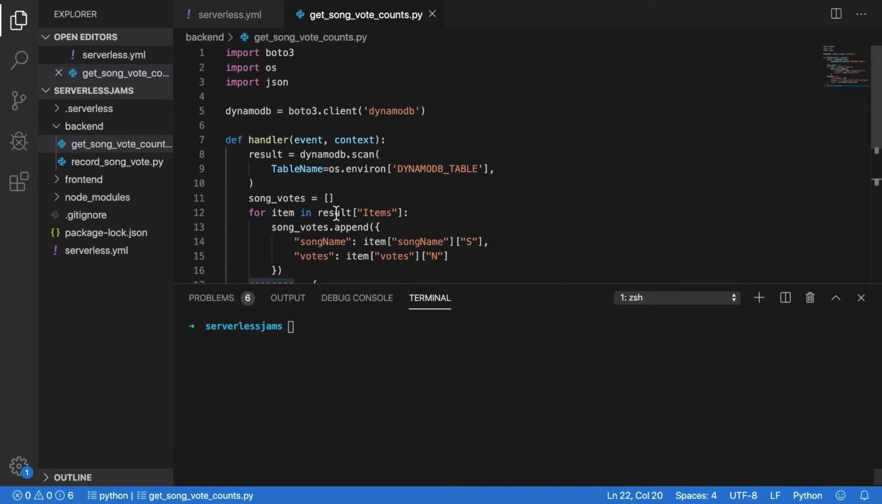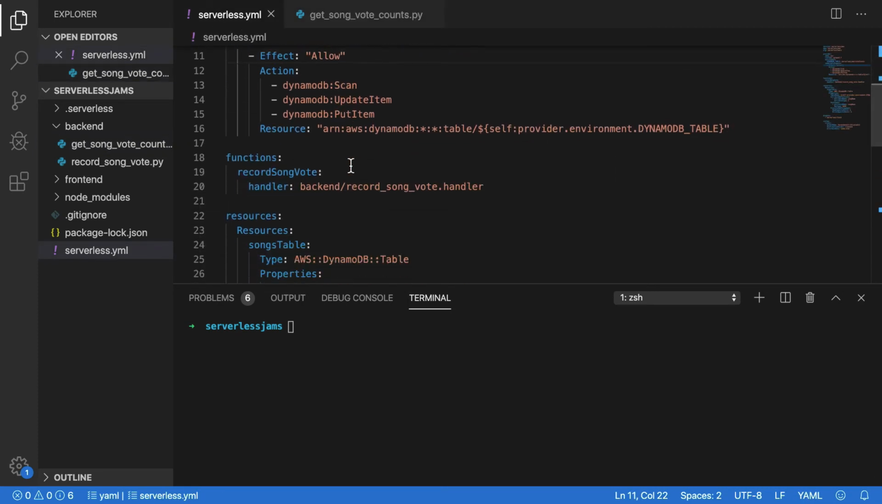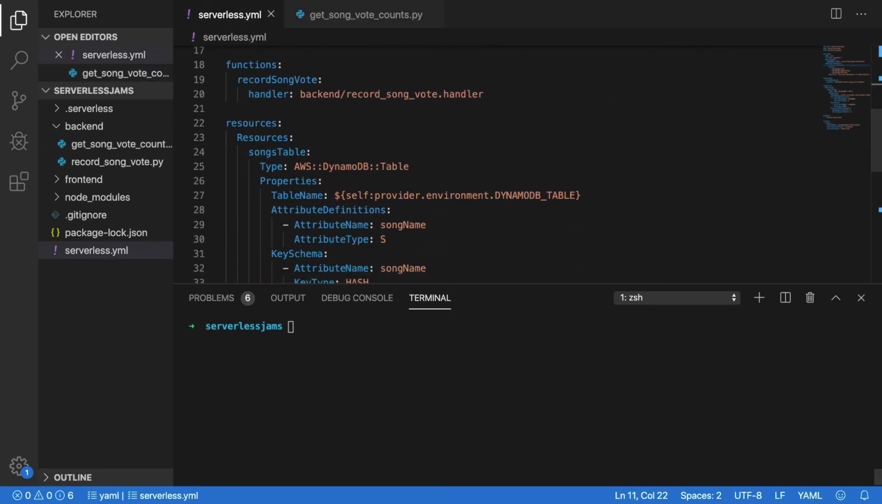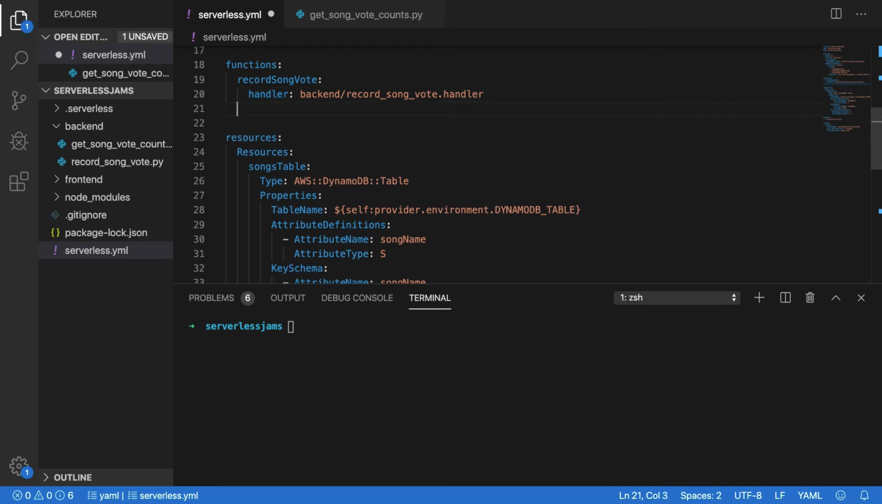But to skip that process, what I'm going to do is just make sure this is saved, and then go into serverless.yml, where we can add this function to get ready to deploy it into the AWS account. So let's add a new function here. Let's go right underneath the record song vote function, and we're going to create a new function. We'll call it get song vote counts. Now this will return all those song vote counts,